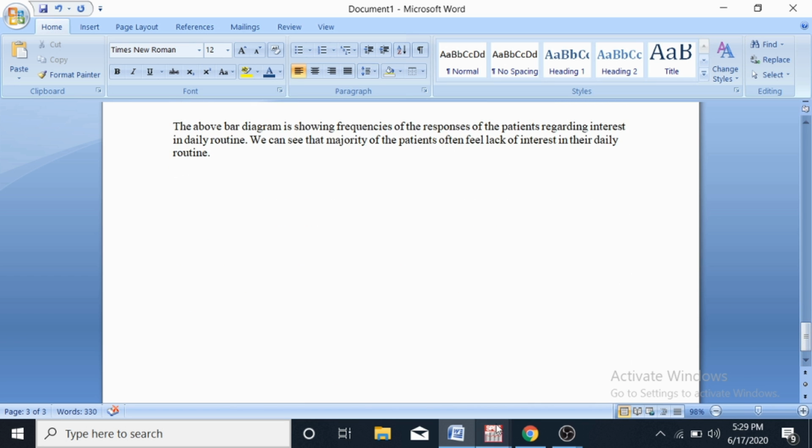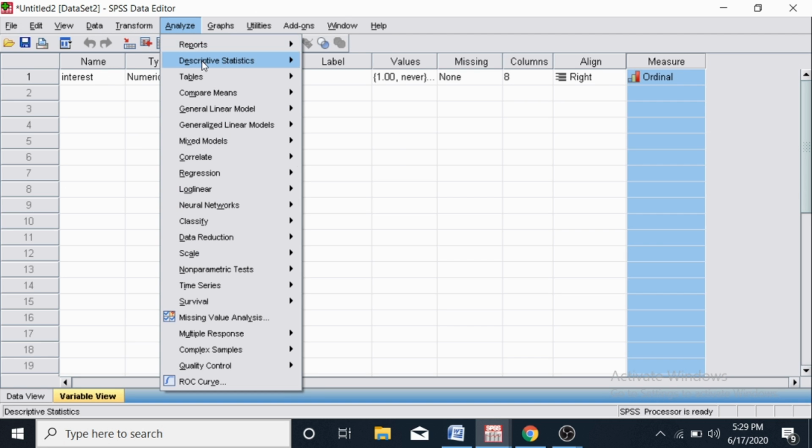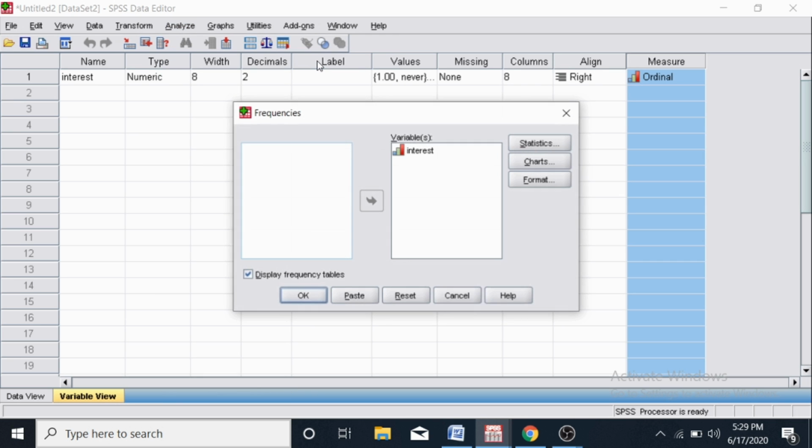Now let's jump again to the variable, and we need to make a pie chart because the data is categorical ordinal data.